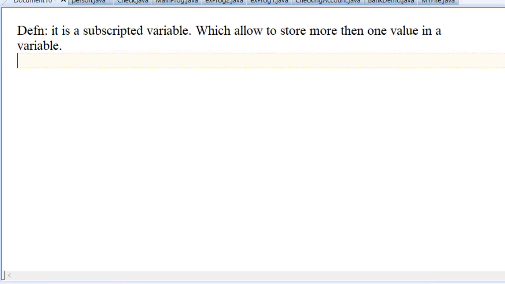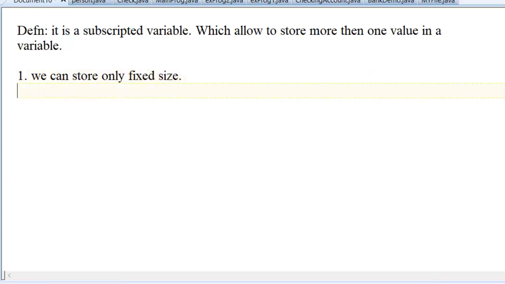In a single variable we can store more than one value. Yes, number 2: the drawback is that we can store only fixed size.